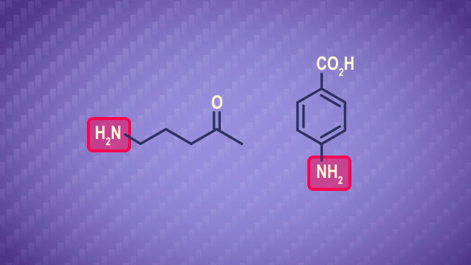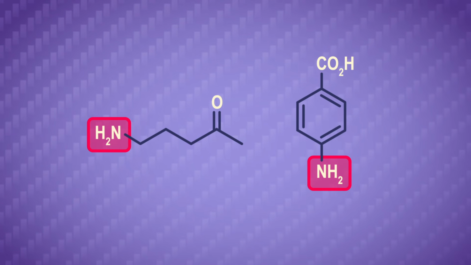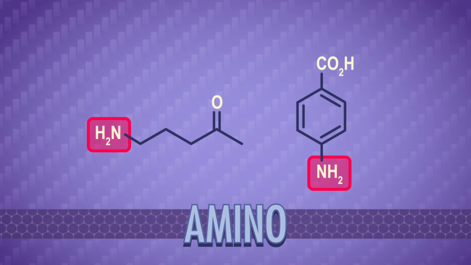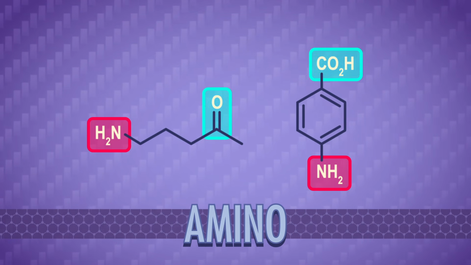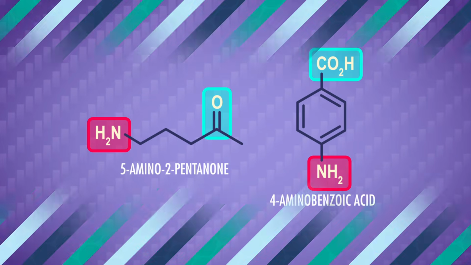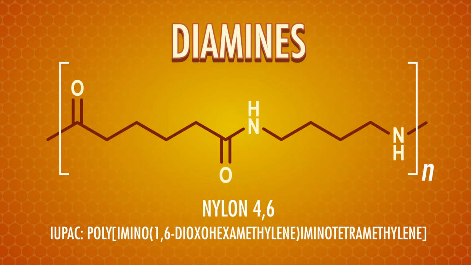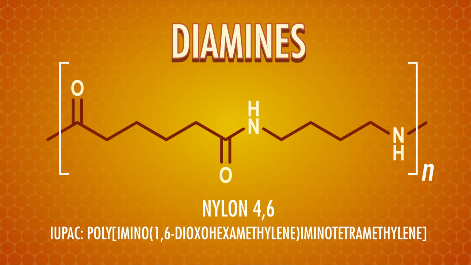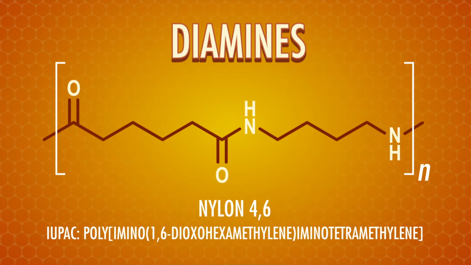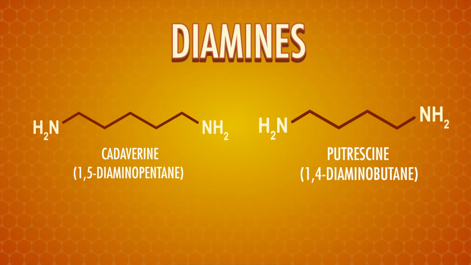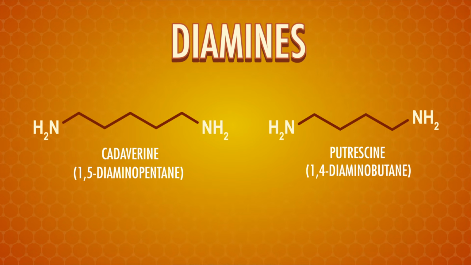The NH2 group is pretty low priority in IUPAC nomenclature, so we'll often see its prefix name, amino, when there are higher priority functional groups in a molecule, like 5-amino-2-pentanone and 4-aminobenzoic acid. Some molecules have more than one amine group. Diamines, for example, are used as monomers to prepare some polymers, like nylon from episode 31. They're also stinky. The aptly named cadaverine and putrescine are produced when bodies decompose, and they smell as awful as